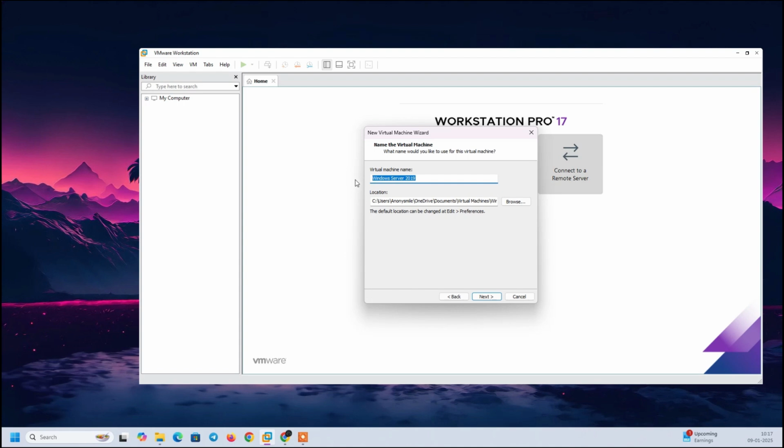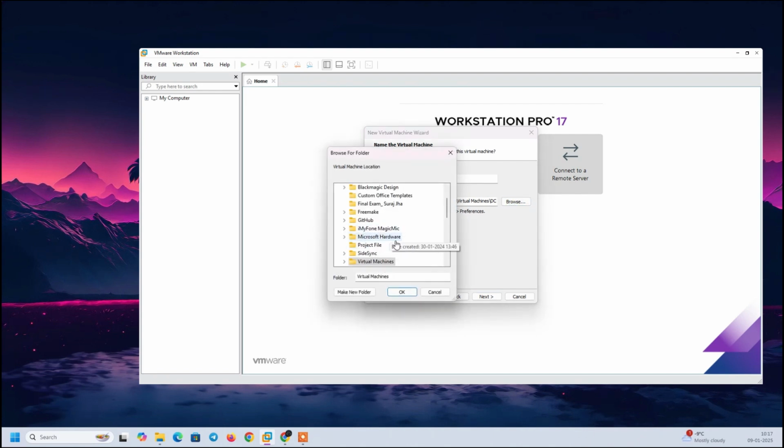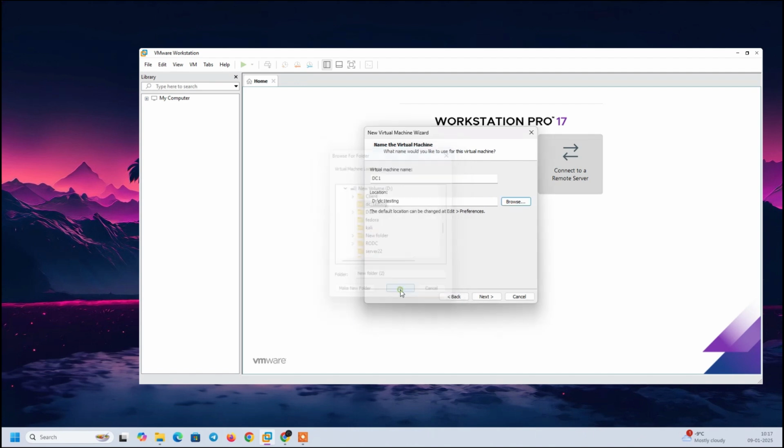I want to put it as a name, DC1, domain controller 1, so I put it here. And I want to specify the location where I want to do this, so DC1 testing. Okay, this is my folder, so I can identify that this is my virtual machine for this, and I have to put it here also,